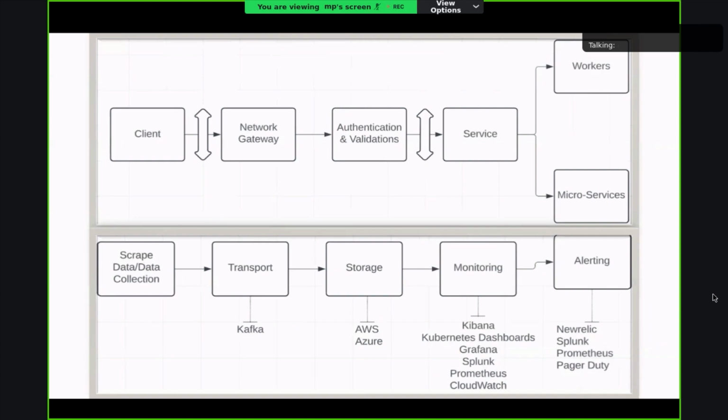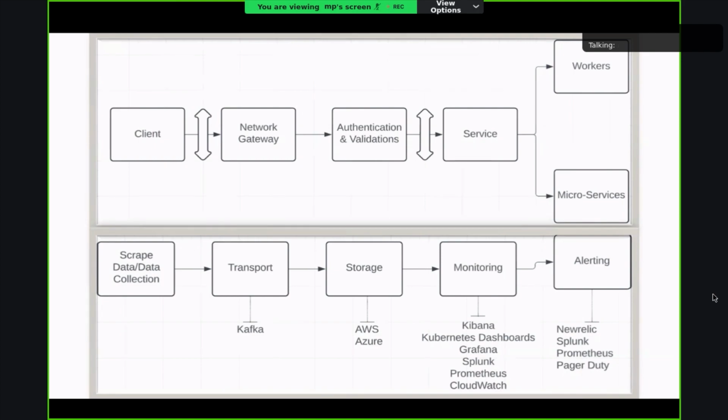Before going into more detail on the heterogeneous system architecture, here is a very high-level architecture of any service that I worked upon at Adobe. If a client makes a request to a service, it will come through the network gateway.